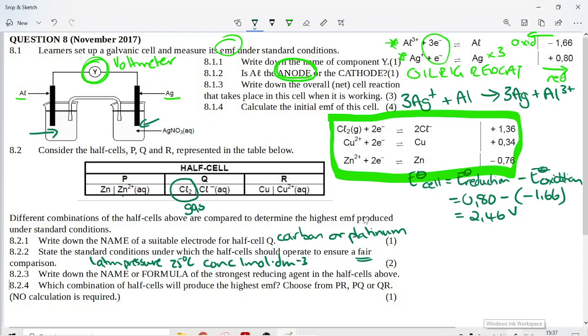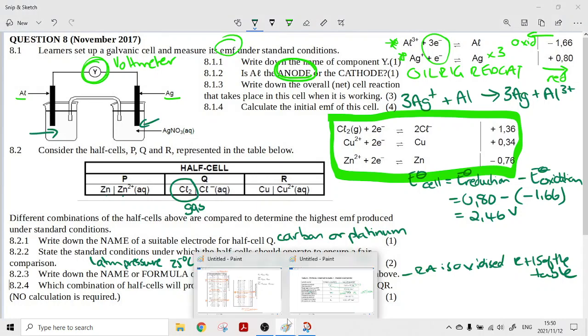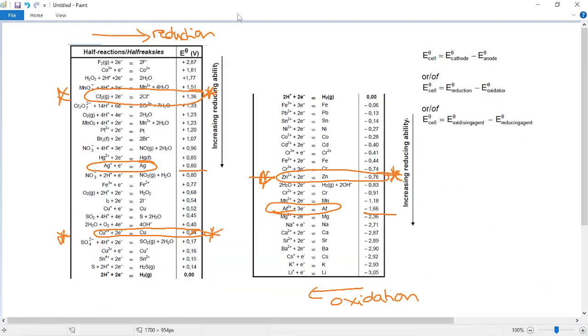Okay, now it says to you, write down the name or the formula of the strongest reducing agent. Remember, the strongest reducing agent is oxidized. So if we are looking for something that is oxidized, it is always on the right-hand side of the table. But remember, the table is very helpful. If you go to the table and you look at the table, there are little arrows that say increasing reducing ability. So if we look for the one with the increasing reducing ability, who